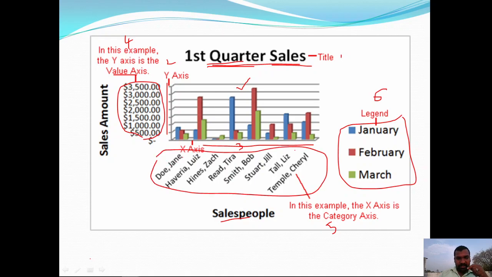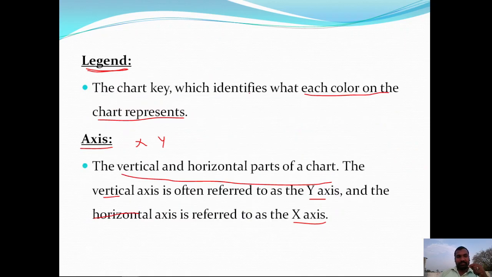So we distinguish one salesperson from another salesperson. So this is the category axis, and these are the legends. This color represents January, this color represents February, and this color represents March, and this is the title. Okay, so this is about the components.